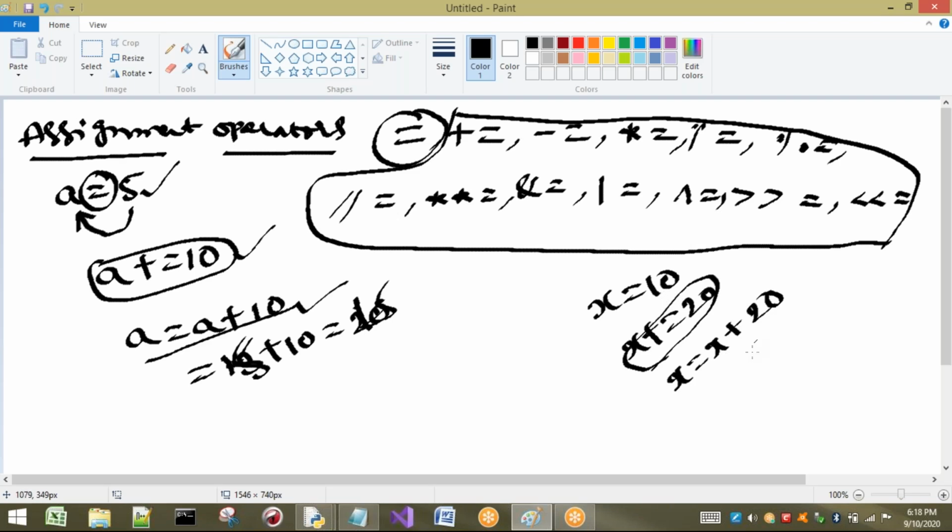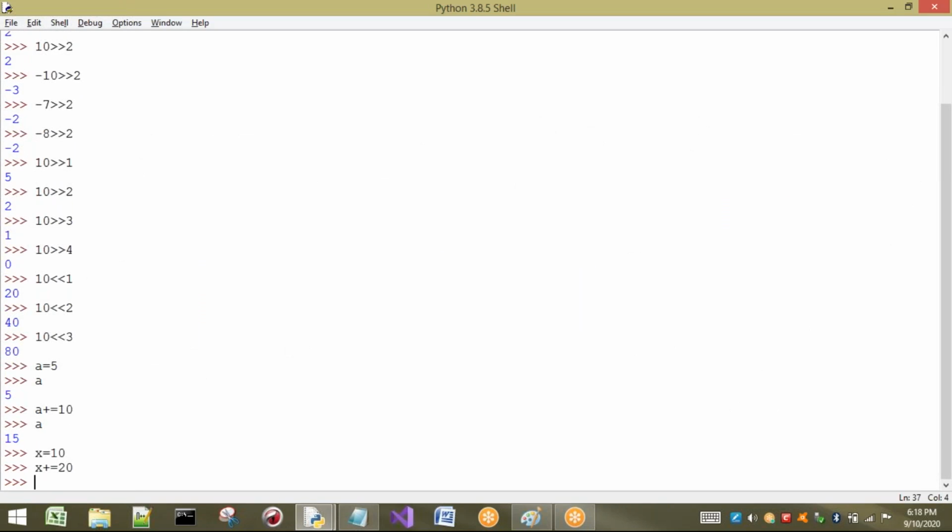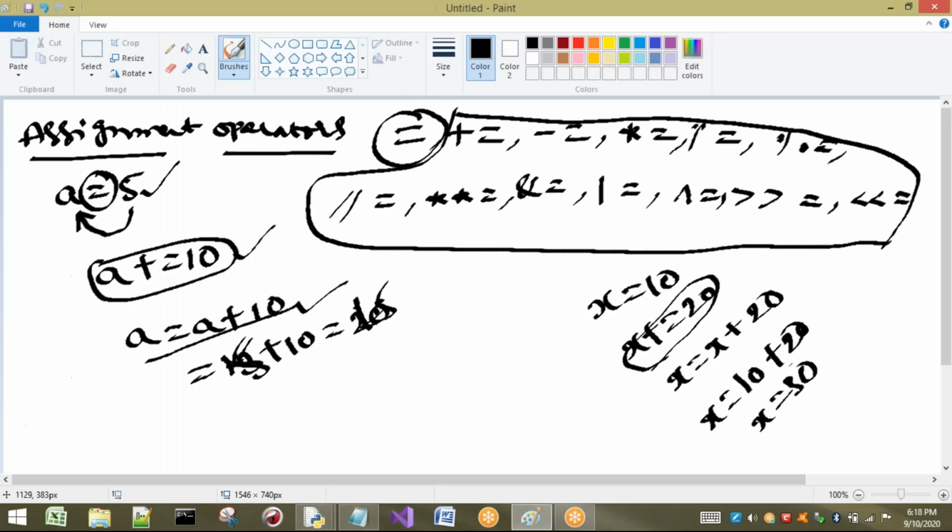What is the x value here? 10. So 10 + 20 is going to be performed, and x will be 30. Okay. So if you see x here, the answer it generates is 30.